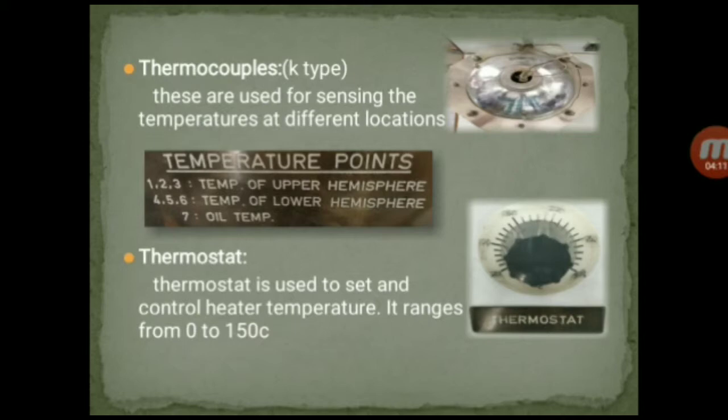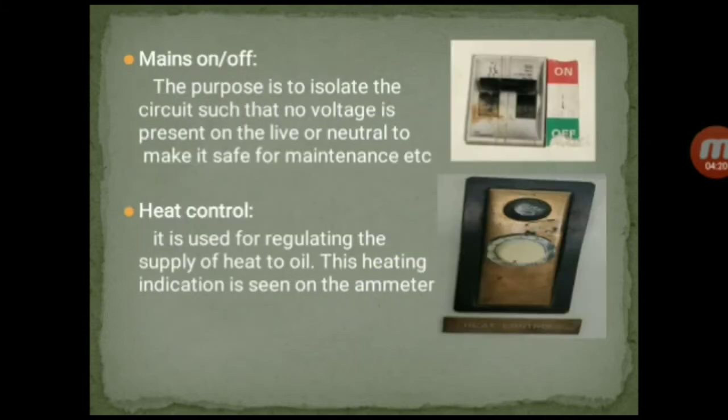Thermostat. The thermostat is used to set and control the heater temperature. It ranges from 0 to 150 degrees centigrade in this setup. And the mains is used for passing the AC current from the main source to the setup. Heat control plays a major role in the experiment because it is regulating the heat input to the